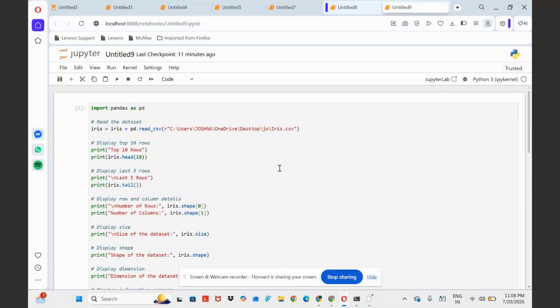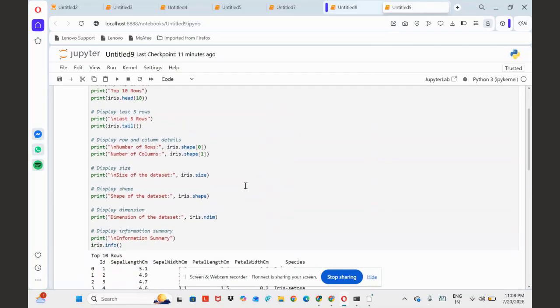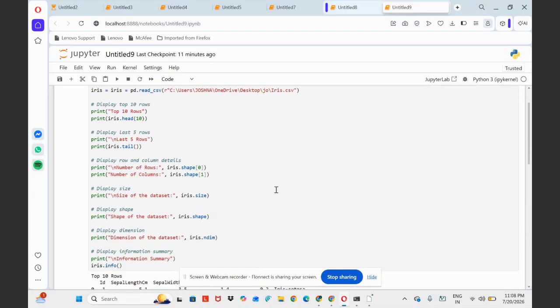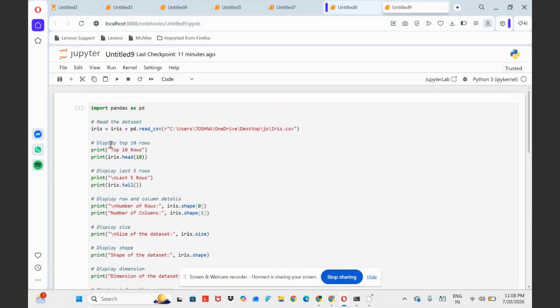The seventh exercise is about the Pandas program. This program reads the Iris dataset from the Kaggle website, and then it displays different information about it. So the code explanation is: it first imports pandas as pd, and this line imports the pandas library, and then it reads the CSV file and stores it in a data frame,